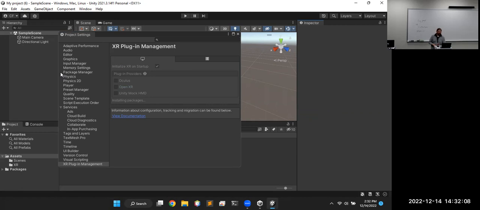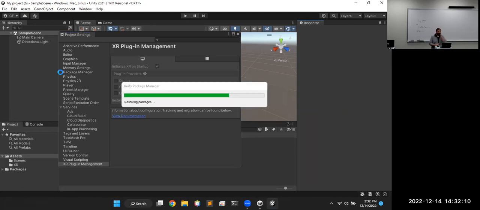A whole bunch of waiting because it has to download things and make adjustments. Okay. Shouldn't take too long here. I think it's just one screen on this one. A bunch of waiting, and